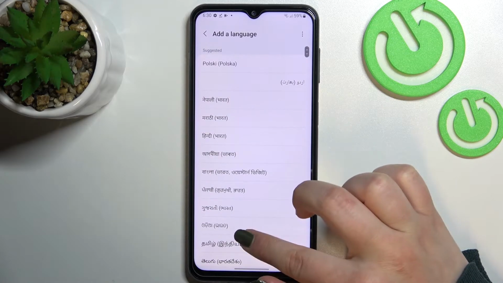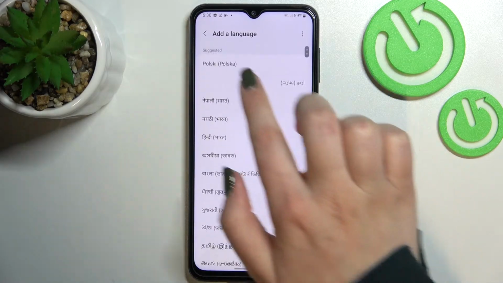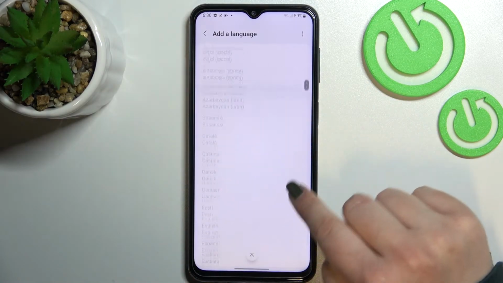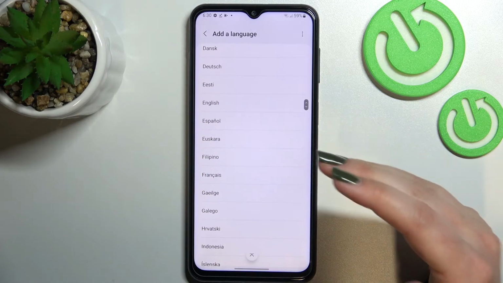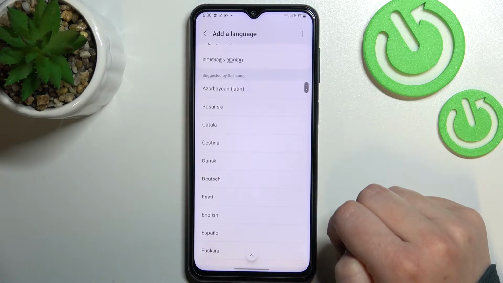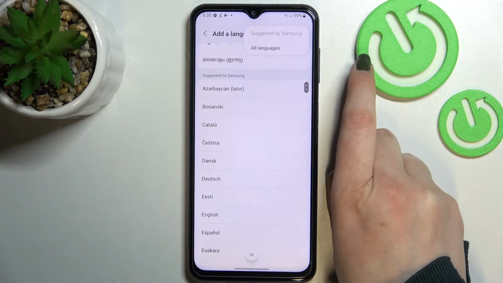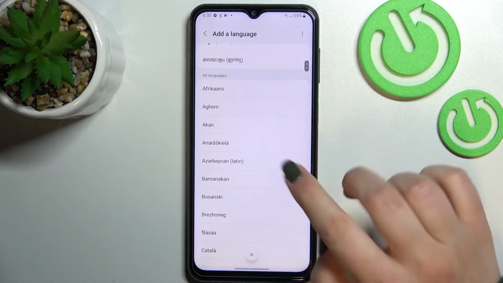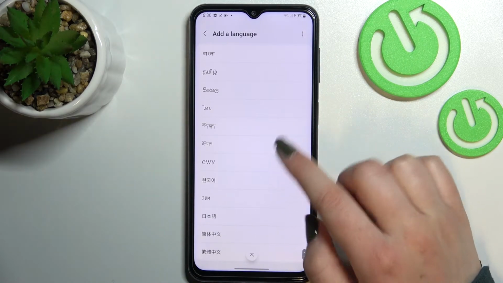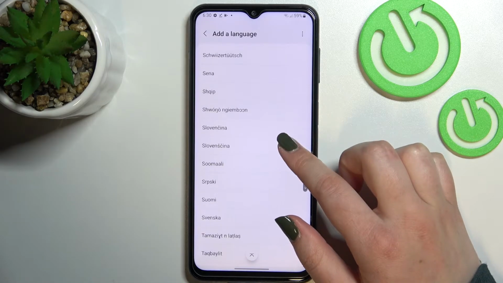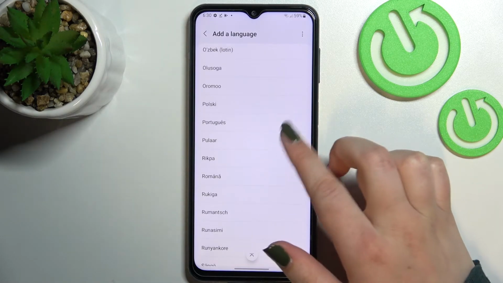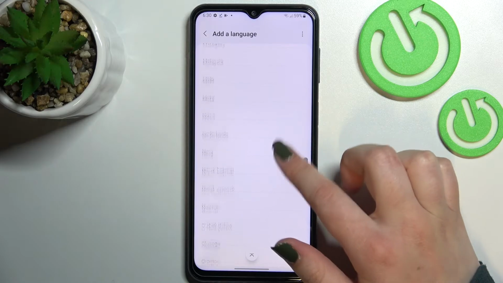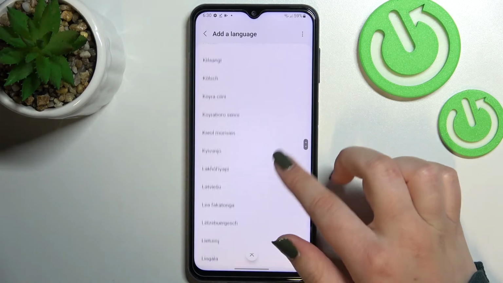the list of available languages, but not all of them, because as you can see, we've got suggested. So if you cannot find the language you'd like to use here in this list, then simply tap on the three dots icon in the right upper corner and tap on all languages. And as you can see, all of the available languages will appear right here, so for sure you will find the one you'd like to use, and all you have to do, obviously, is find it and tap